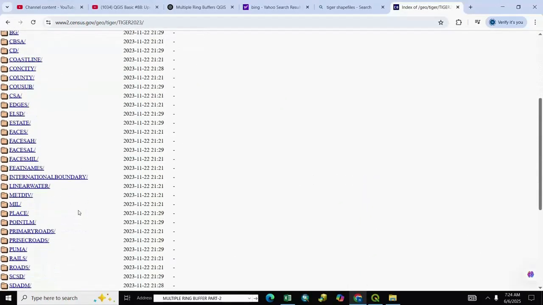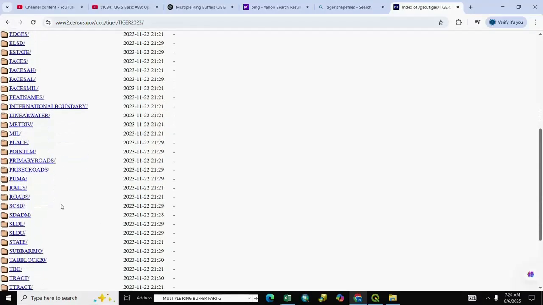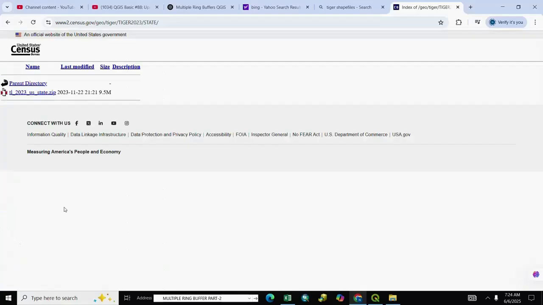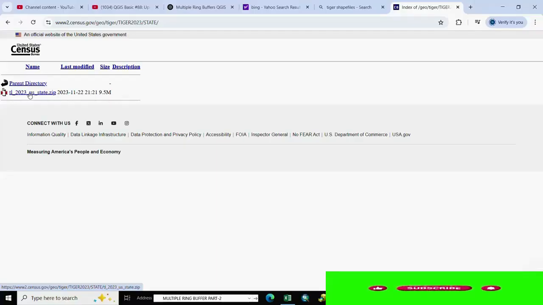And the other way, FTP, we go back and we select here FTP. Here is FTP as per your requirement. You select here state and download. Here is download. We click here and download your US boundary shapefile. So we successfully completed this process for downloading US boundary.